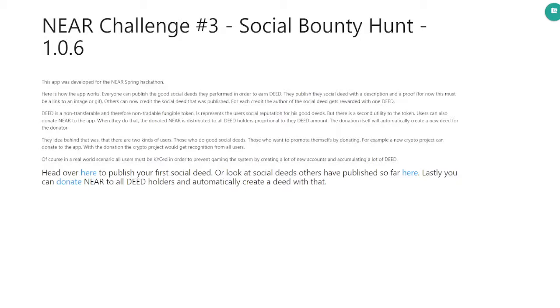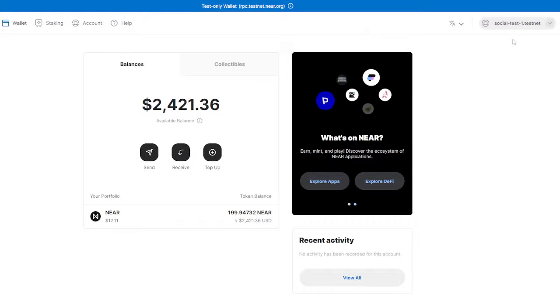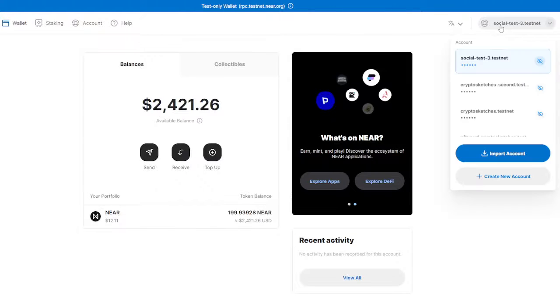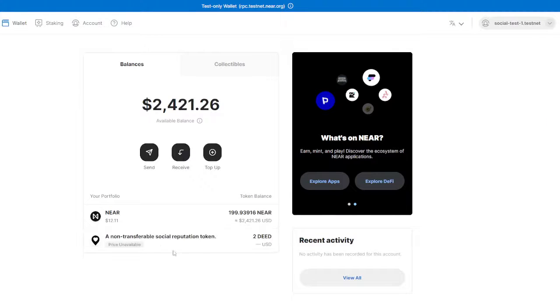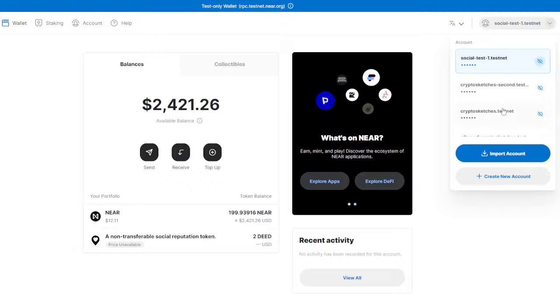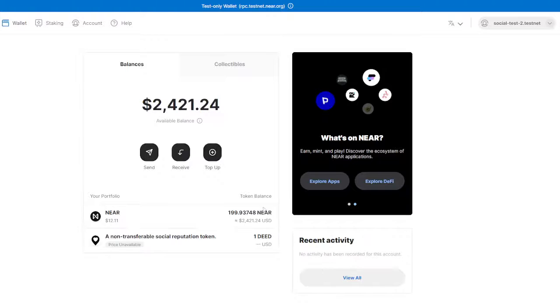So if I go to the wallet and I look at the social test 1 testnet, and of course I have to reload and switch again, because why not? Then I will see that I now have two deed. So I have two of the fungible token from the smart contract, because I did get 2 credits, and social test 2 has 1 deed because he got 1 credit only. And these tokens are